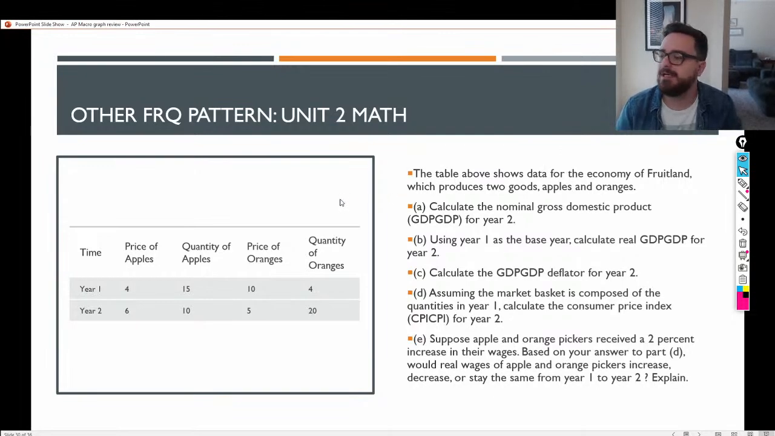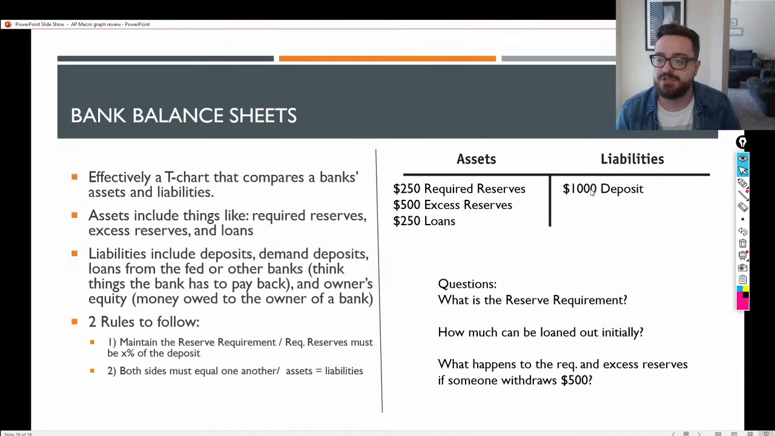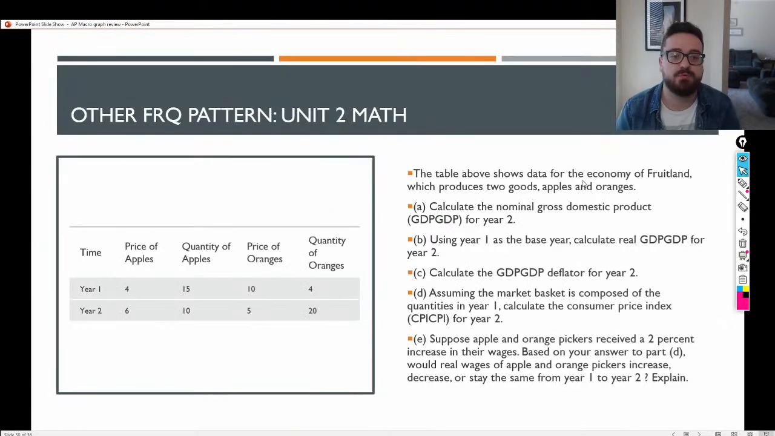I say common, it doesn't mean every year they give you this. It's just like, I would say in a 3-year pattern, one year will probably be a bank balance sheet, 1 year will probably be a comparative absolute advantage, 1 year will probably be a Unit 2 math. Last year's AP exam, again, because it was remote and they had like 85 different FRQ prompts because of how many kids they were giving the exam to and all of the cheating they were trying to stop, they had FRQs of all types,